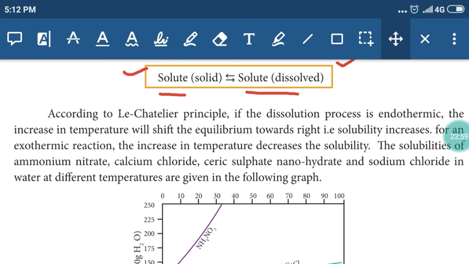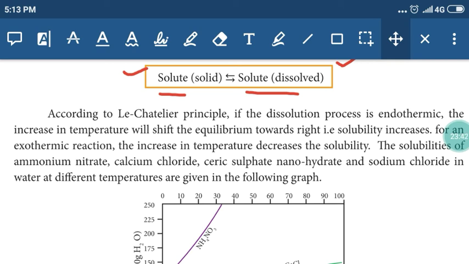When you take the forward process as an endothermic process, that means the separation of cation and anion from a neutral molecule, sodium chloride separated into Na+ and Cl-, the forward may be an endothermic process. So when you increase the temperature, the forward process will be more because it gains energy. An endothermic process absorbs heat energy, so equilibrium will be shifted towards the forward side. All these effects we already studied in the 8th lesson. You can go through or listen to the previous videos. What is the effect of temperature on equilibrium?